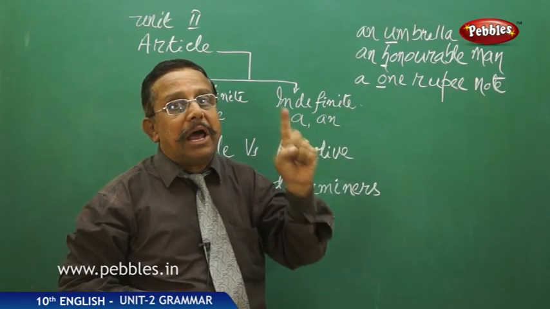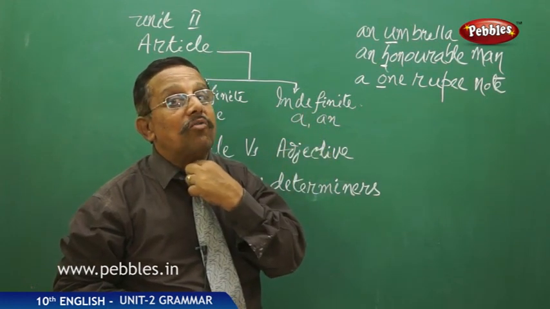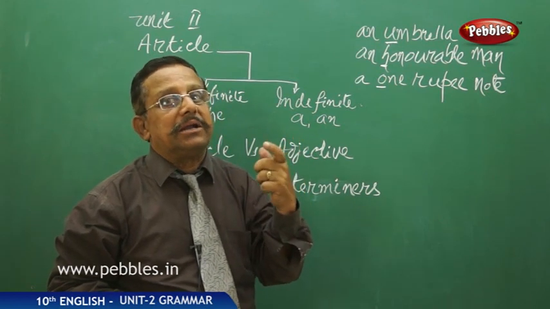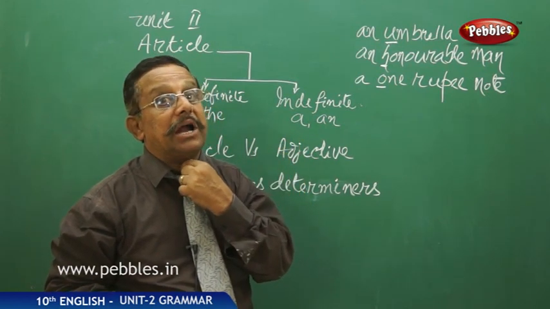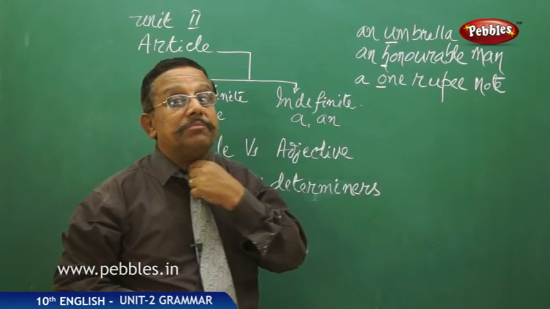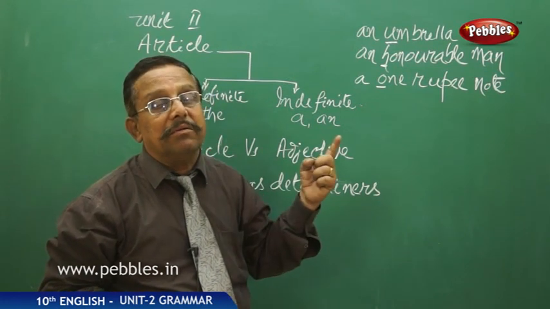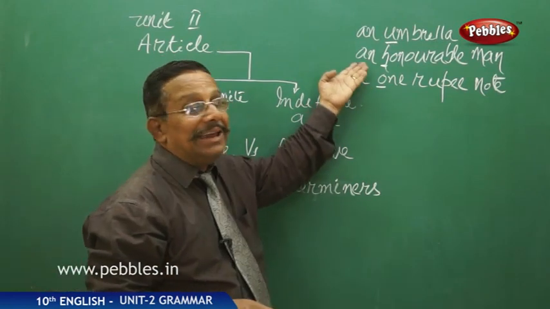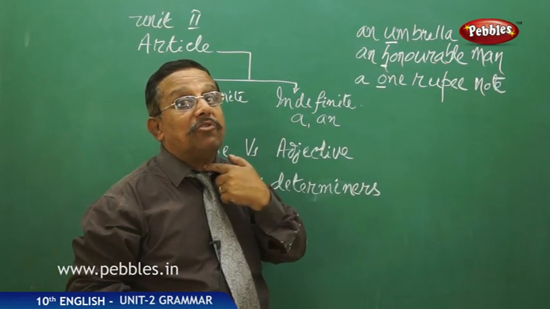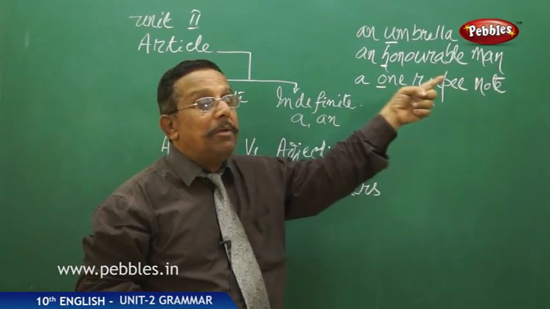Vowelic sound should be produced through your vocal cord, that is the vocal box. From here it should come, from the kantam. Right? So here this is not coming from the vocal box. It is coming from the lips. One. So it doesn't require an here. But here, honorable, this honor is coming from the vocal box. So we are using an honorable man.